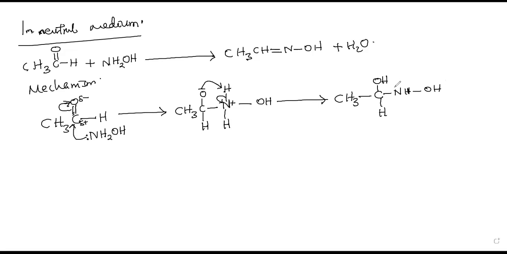So what takes place is that the lone pairs of nitrogen here will come create a double bond as the OH goes. So this one will lead to the formation of